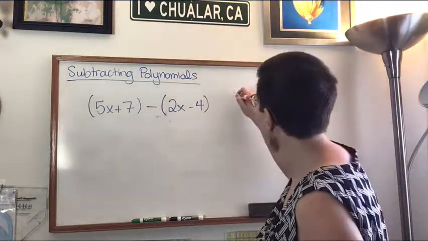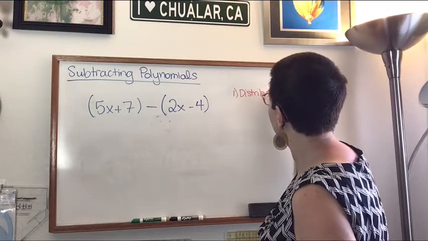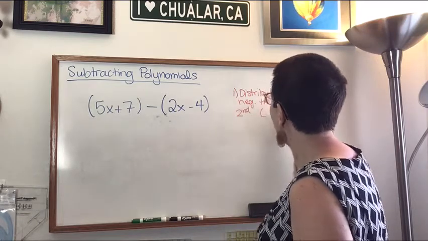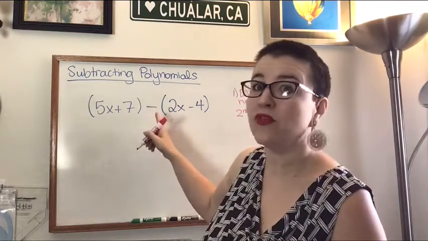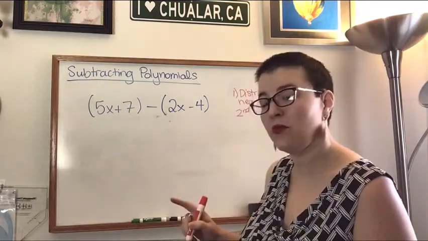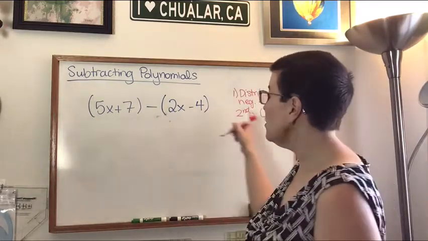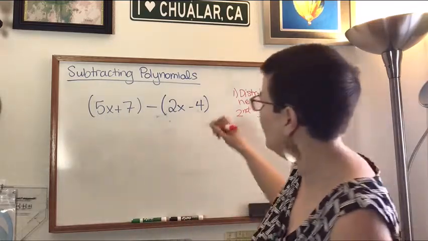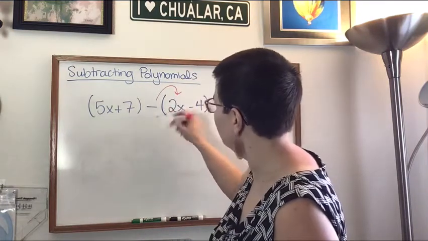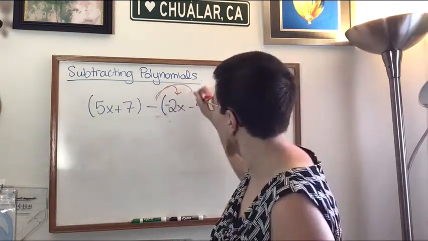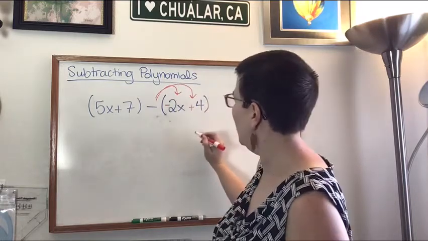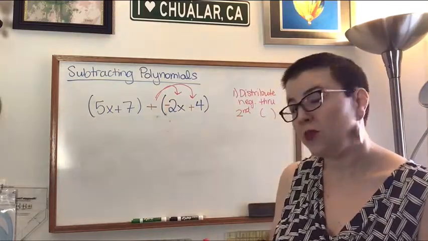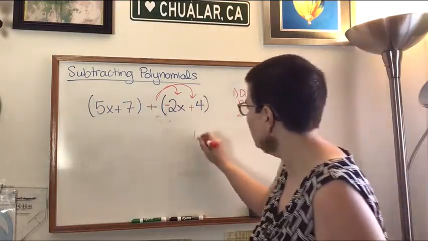All right, so I need to distribute the negative through the second parenthesis. I don't distribute it through the first parenthesis because it's after the first parenthesis and the minus is only affecting the second parenthesis. If there's more, you might have to do a little bit more work to it, but all this distribution is going to do is change the sign of everything in the parenthesis. This was a positive 2x, it's now going to become a negative. This was a negative 4, it's now going to become a positive, and now I can change my negative to a plus. If that makes you uncomfortable and you're like, oh, I don't like that, then the other way you could do it, and this is just one way,